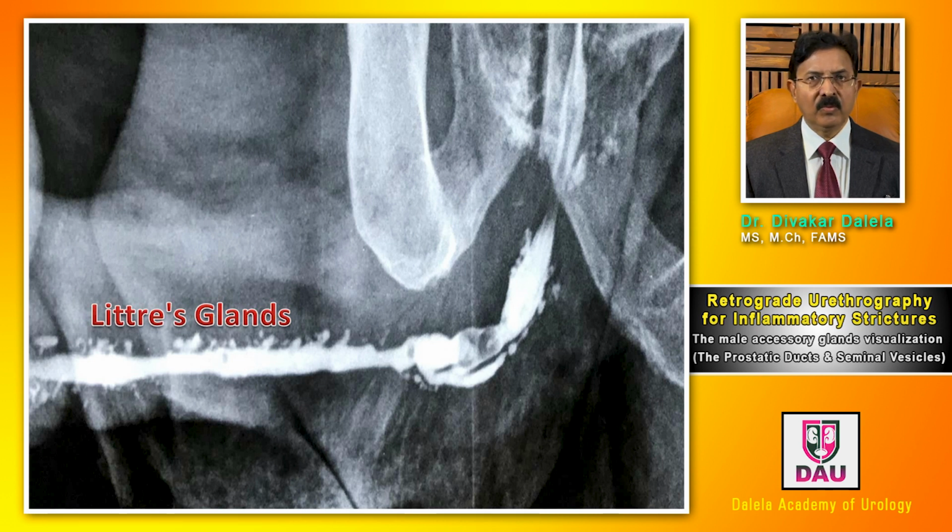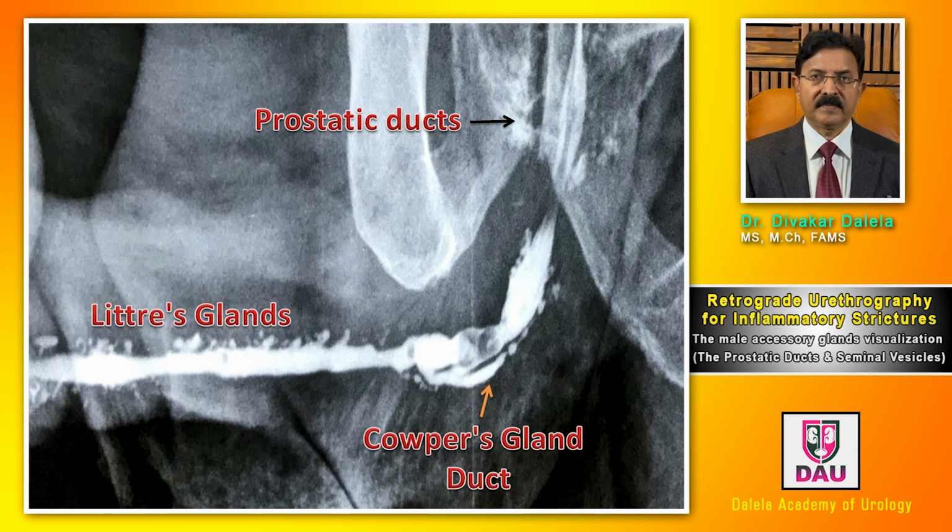It's inflamed all throughout, and you see very intense visualization of the male accessory glands. Here are the lacunae urethrales visible, here are the Littre's glands visible, here are your prostatic ducts that are visible, and you also see the Cowper's gland duct. So all three are visible. So on one hand, you have a uniform smooth urethra, no gland is visible. On the other hand, all three sets of glands are visible. So what will happen in which patient? We do not know. It is the nature and extent of disease in the patient which decides which gland and which duct gets dilated and which does not.